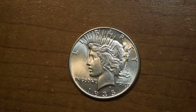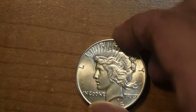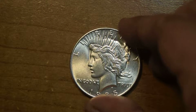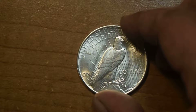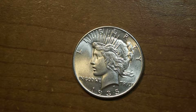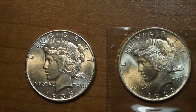And here is another peace dollar from that purchase that is a little bit less obvious than the first one I showcased, but same thing here. It does look very nice. It's a 1935. What mint mark is it? It's a 1935 Philadelphia mint peace dollar, and it does look pretty good. However, the coin sadly has this very unnatural type of color to it,